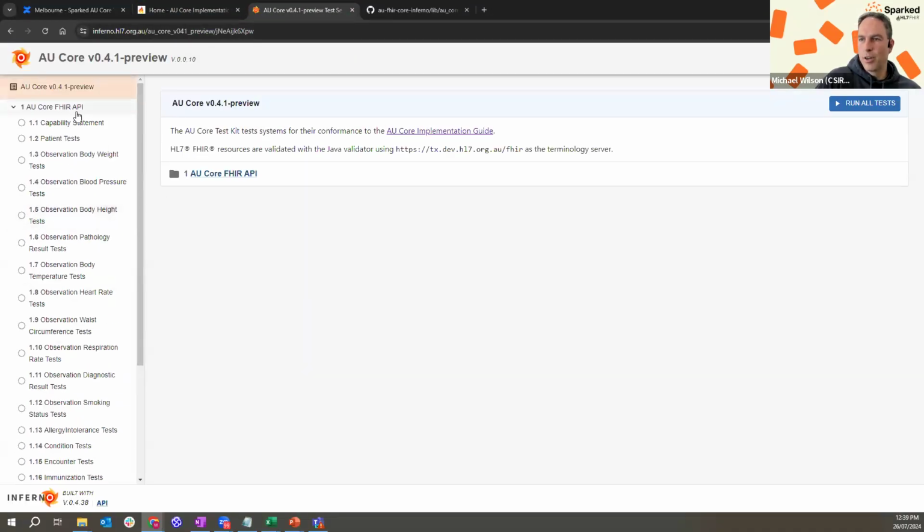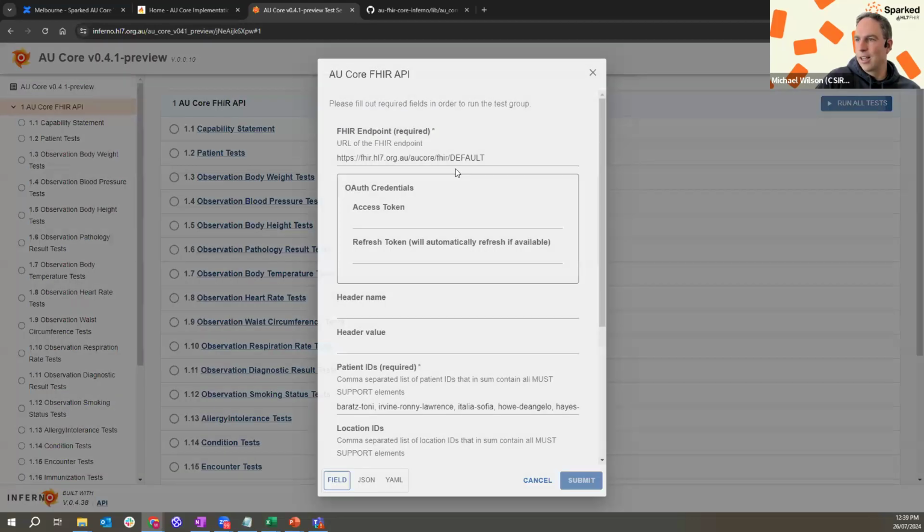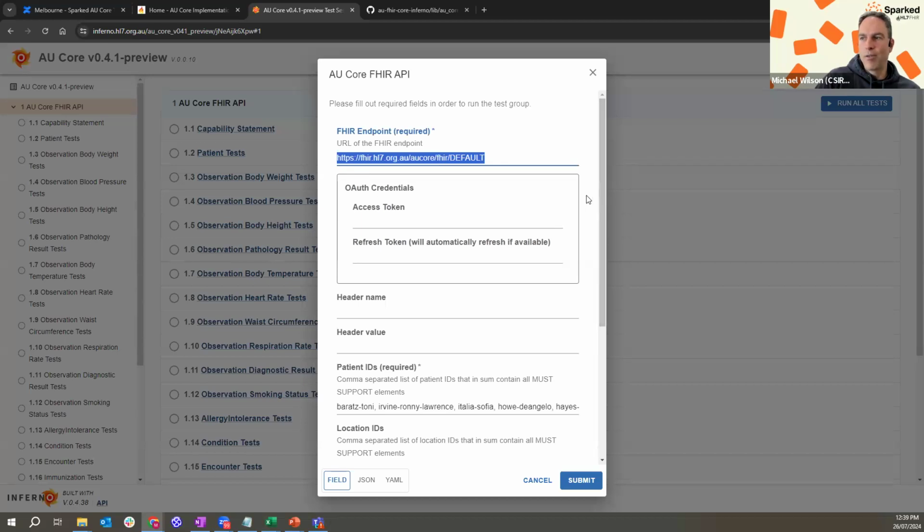As a point of reference, when you run all the FHIR API tests, run all tests here, this is pointing at our reference server. You can run that yourself against our server and see all the tests that run and the results, and you can use that as a comparison as well. If you're unsure, I got this result on my server, did I also get that result? Does the reference server do it?